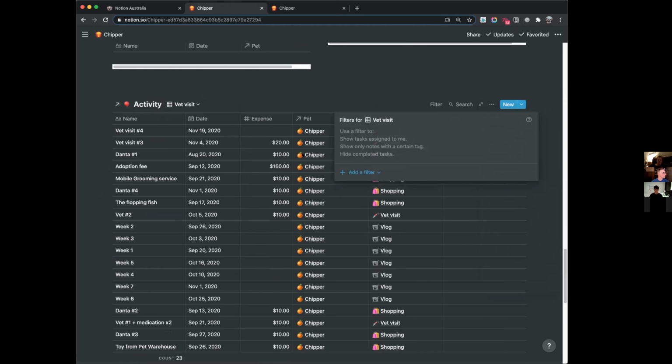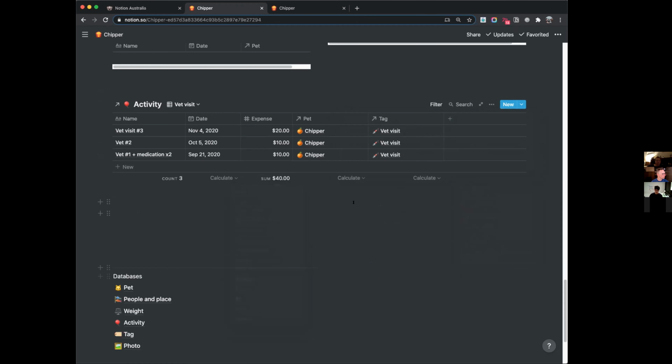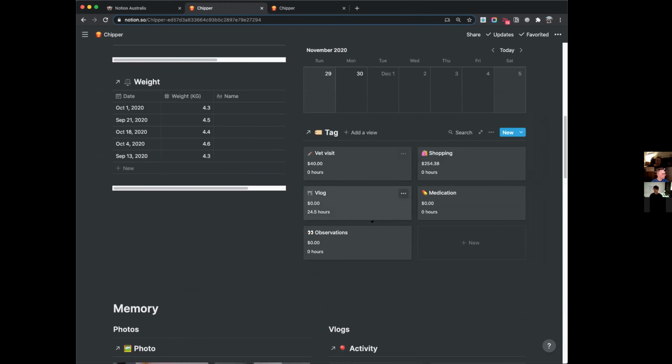Then you can go filter. I want to see expense is not empty, and tag contains vet visits, and sum. And this number will match with this number really.